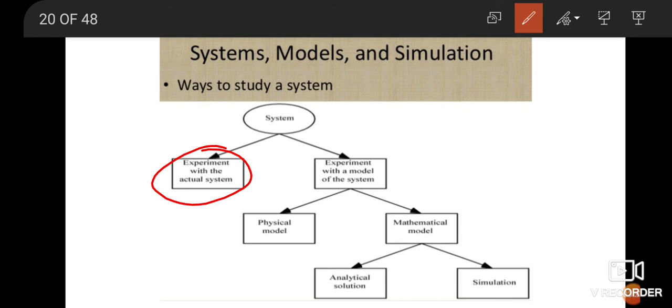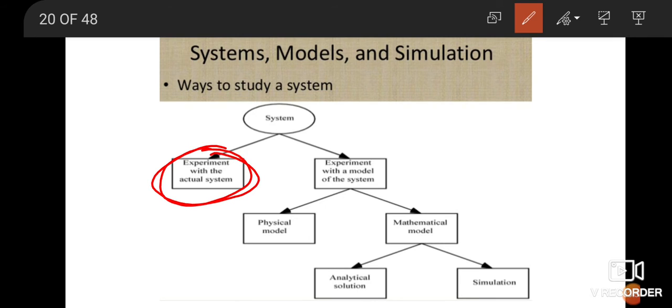Now what is the system? There can be a thermodynamic system, there can be a system in a bank, and anything can be a system. That means when you consider certain parameters, suppose, as we already discussed in the previous lecture, we had a problem of the number of customers in a coffee shop, so on weekends, that is on Saturdays and Sundays, the number is increasing rapidly. So to serve them, something needs to be done. That kind of thing could be a system.